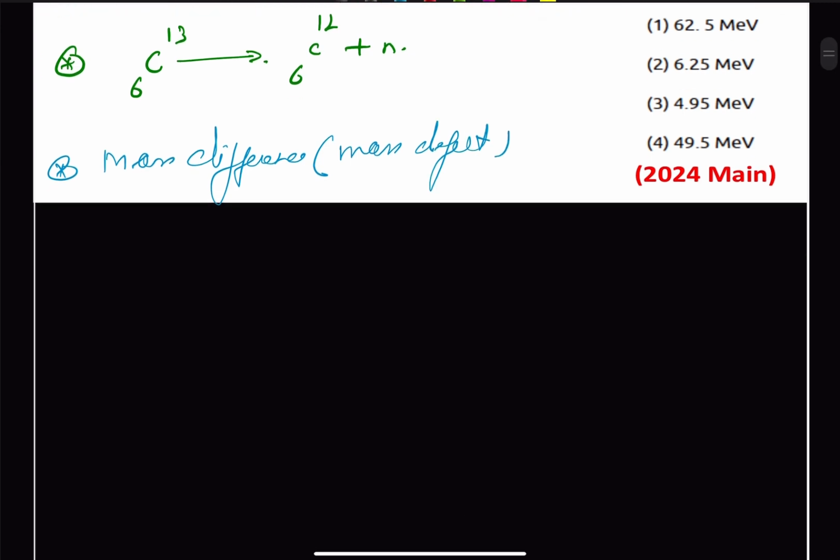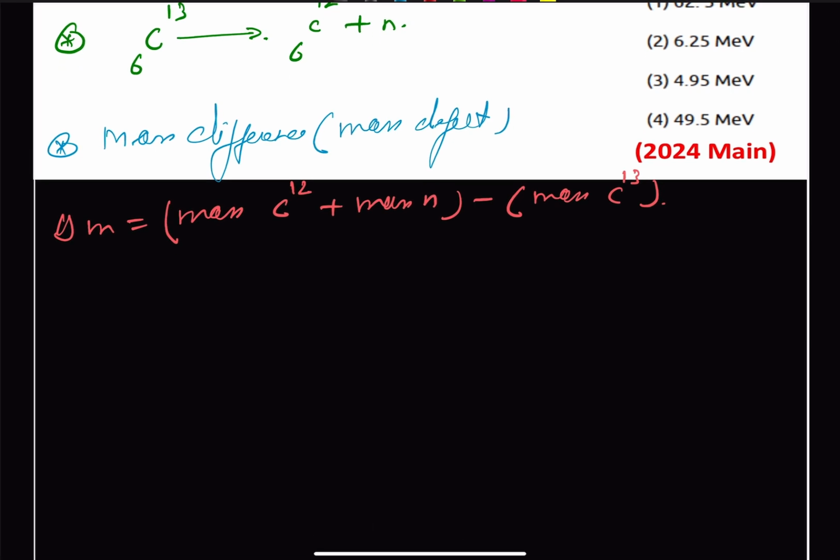So we can write our delta M will be equal to the mass of carbon-12 plus the mass of neutron minus the mass of carbon-13,